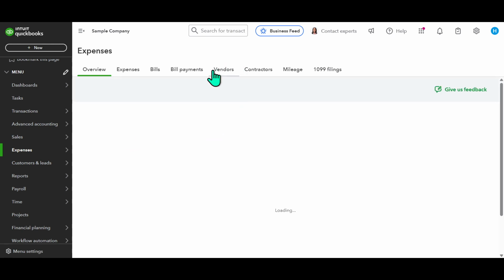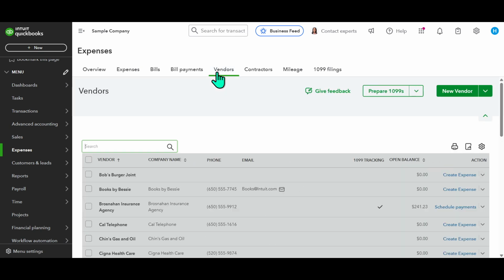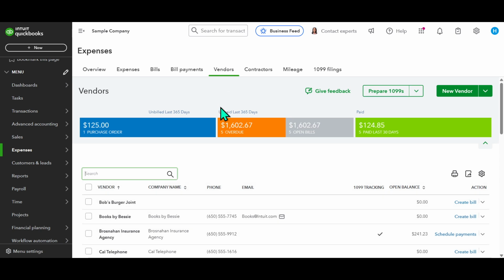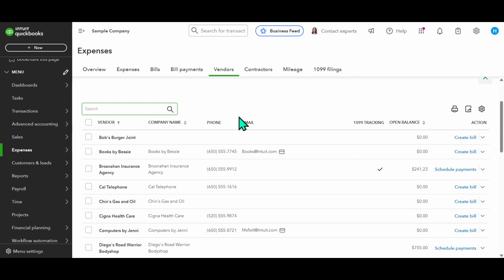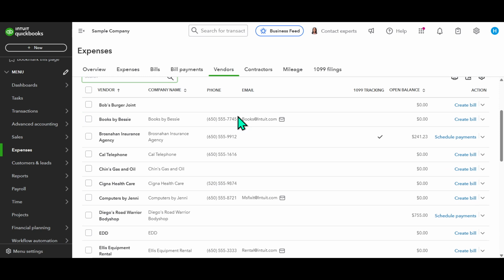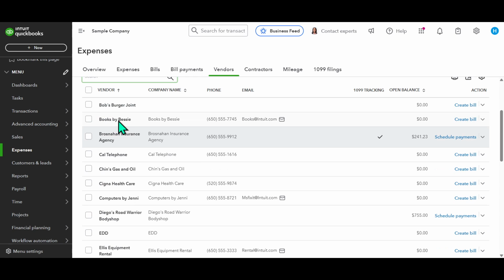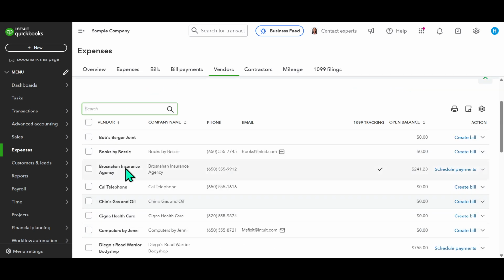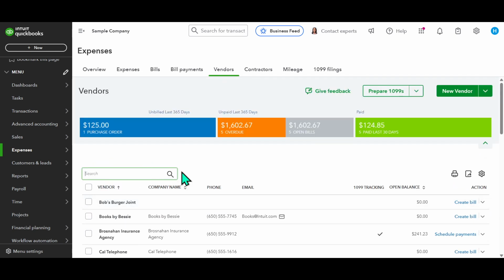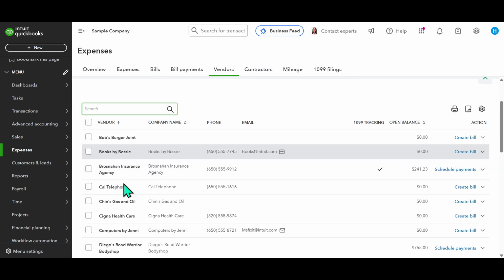Next, direct your attention to the top of the page where you will see several tabs or categories. You're looking for the one labeled Suppliers. Now, it's important to note that if you don't see a Suppliers tab, don't worry. QuickBooks Online sometimes labels this as vendors, depending on your region or version of the software. Both terms essentially refer to the same thing, a list of people or businesses from whom you purchase goods or services. So go ahead and select the Suppliers tab, and here you'll see a comprehensive list of all the suppliers